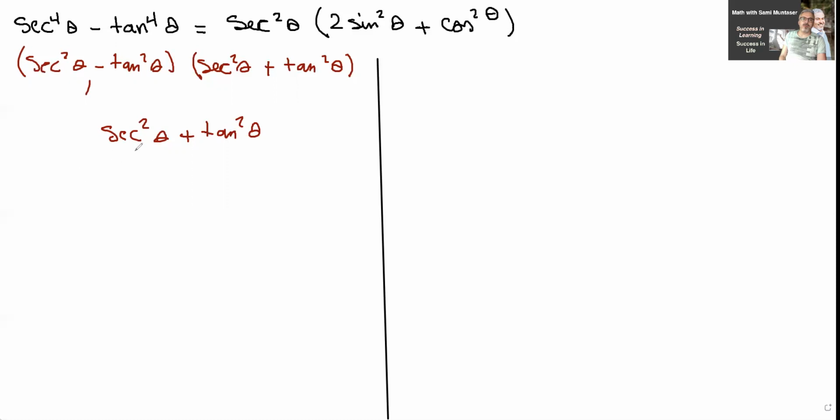Now what I would do if I was you, I will change secant squared theta to 1 plus tan squared theta. And then you still have that plus tan squared theta. Now it's 1 plus 2 tan squared theta, because that adds up to give you 2 tan squared theta. And at this stage, I think I'm left with nothing but to change this to sine over cos. So I have 1 plus 2 sine squared